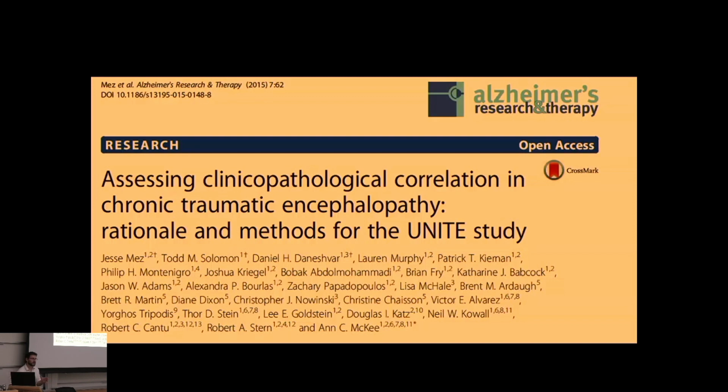The way this works, someone passes away and donates their brain, it gets a full neuropathologic workup. So we know what the disease is after they pass away. We then have research associates go back to the family and do a full in-life history. We get in-life history, medical records, sports records, any sort of clinical records we can for this individual. And a sheet is written up about their life. That sheet is then